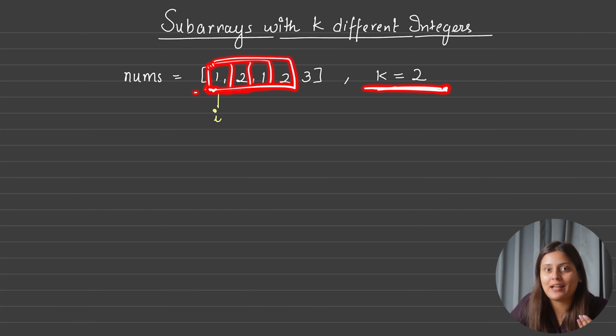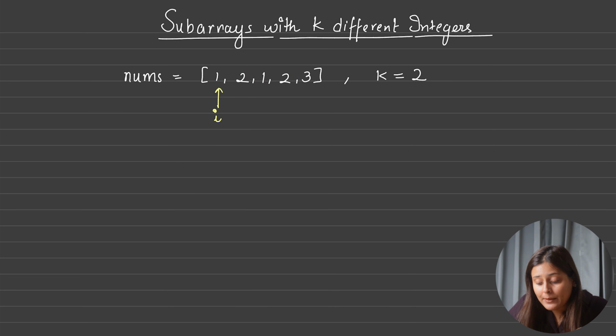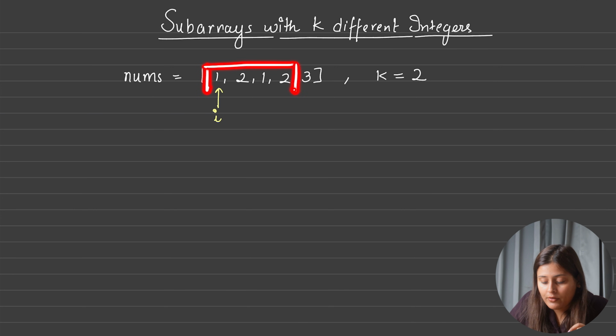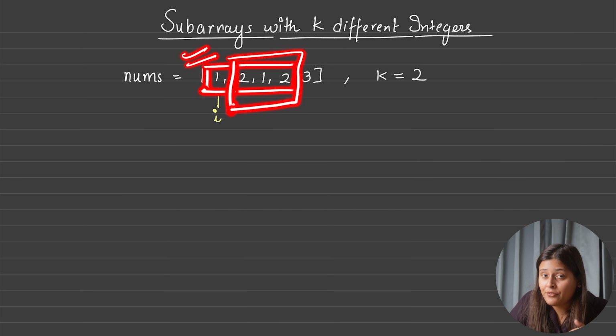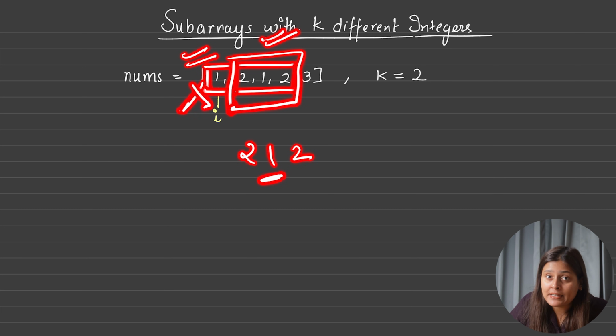And how to calculate that? In the previous question of fruits into basket, we did a similar question. As we have to keep the unique numbers, we prefer using a set or hash map, correct? But in the last video we discussed why not set and why only hash map. See, if this is our valid subarray, then after this the second one is also valid, correct? If you take a set, you will remove 1 from the set, although in the second subarray, 2, 1, 2, also has 1. So why remove it from the set? Hence we go with the map, because there we will maintain the frequency.